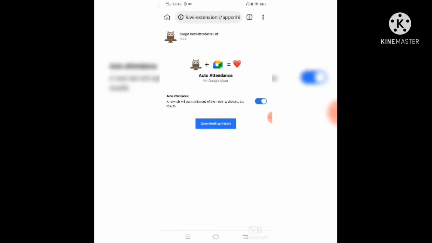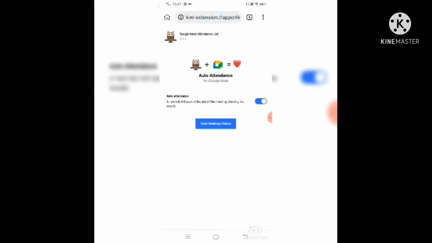The use of this Google Meet attendance list is it takes the attendance automatically and it records all the meeting details in the history. So, like our browsing history, this gives our meeting history. So, you can go to the history and view all the meeting details and also you can download the report.